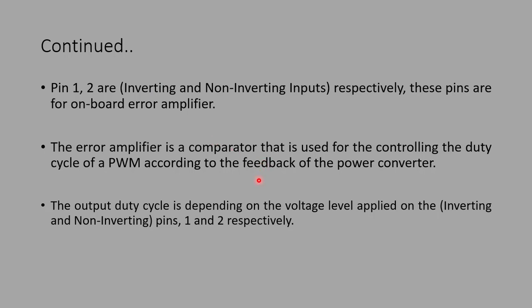With that, the output of the error amplifier goes to the PWM stage, and the PWM stage will again look at the error between the set point, the reference voltage, and the feedback. So the width will be changed. The output duty cycle is dependent on the voltage level applied on the inverting and non-inverting pins.